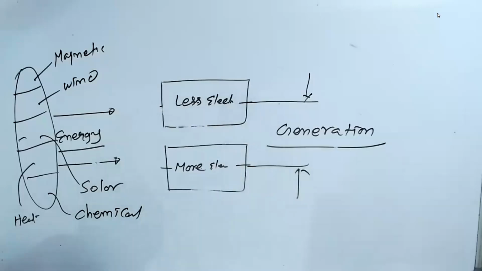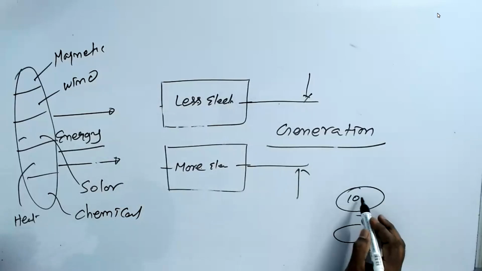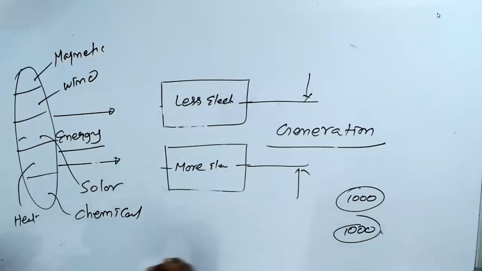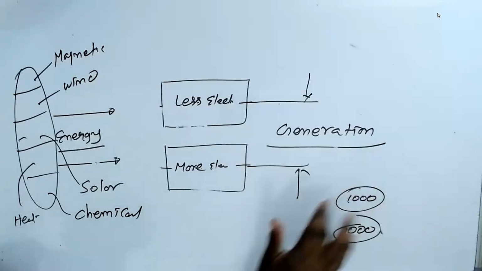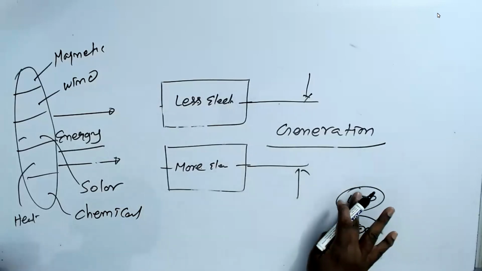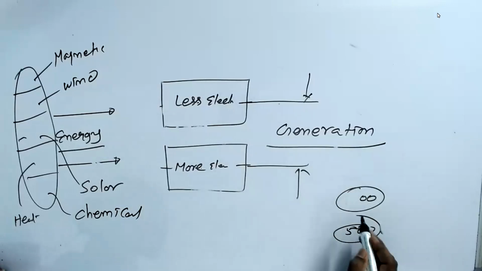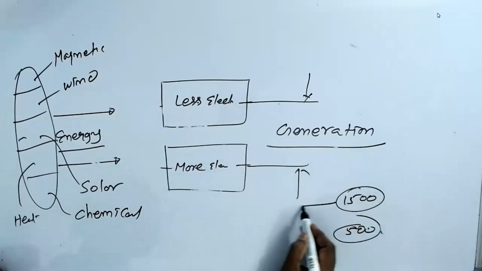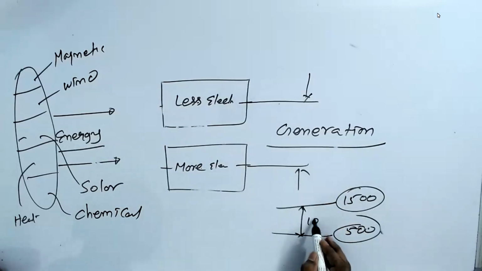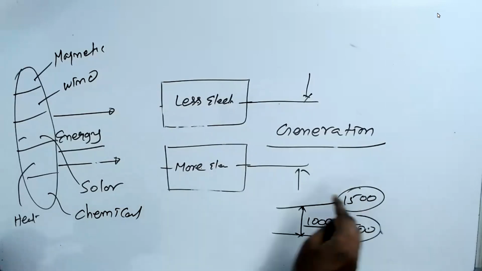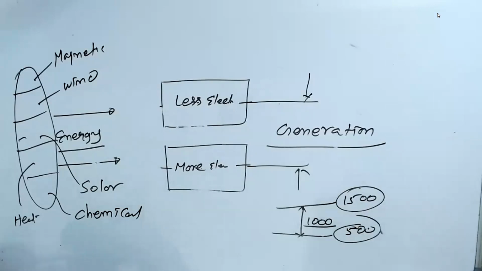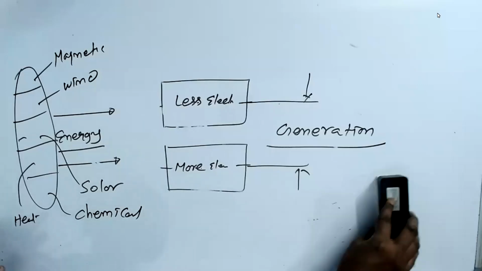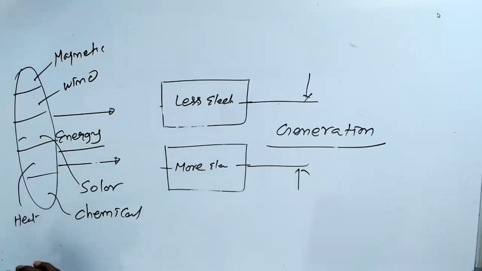That is, if 2 people are having 1,000 rupees each, that means that they have the same potential. They are equal. Now what I do here, I take 500 from here, I give it to him. So now this guy is having 1,500. This guy is having 500. The difference becomes 1,000. So one guy becomes more potential than the other guy. You give your money and buy a Tesla car. Tesla becomes more potential than you. But if you don't buy a car, then he cannot become rich.